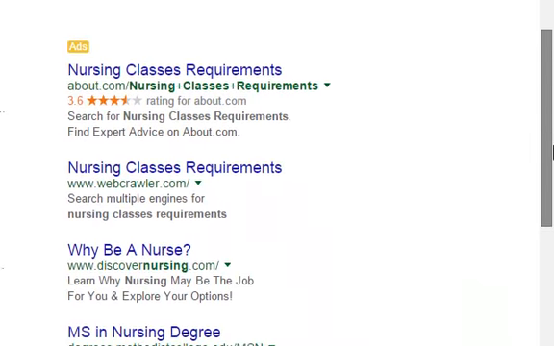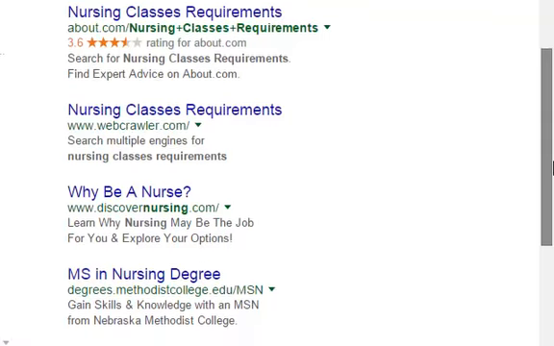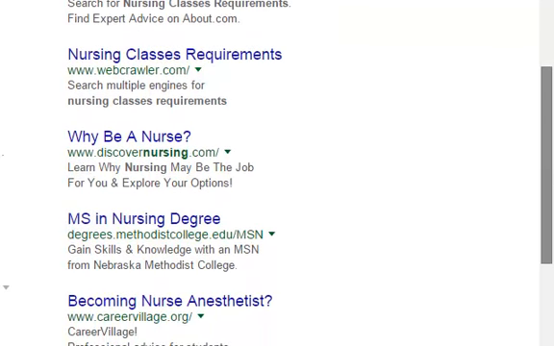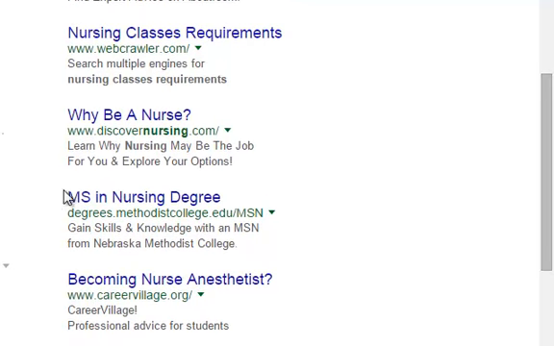Looking down the search list, clicking on allnursingschools.com